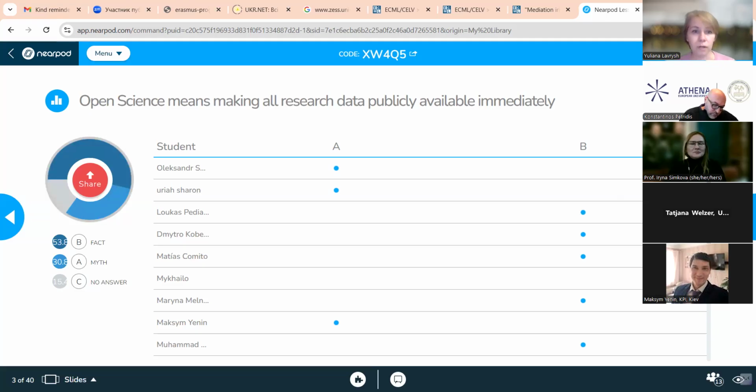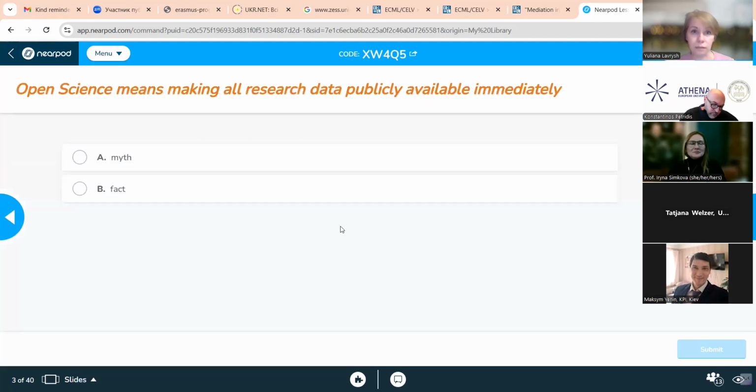Okay, the right answer is that this is not true. That is not the fact. It seems that open science is available immediately. However, actually not, because to make your data or metadata, we will discuss this difference today, to make it open,